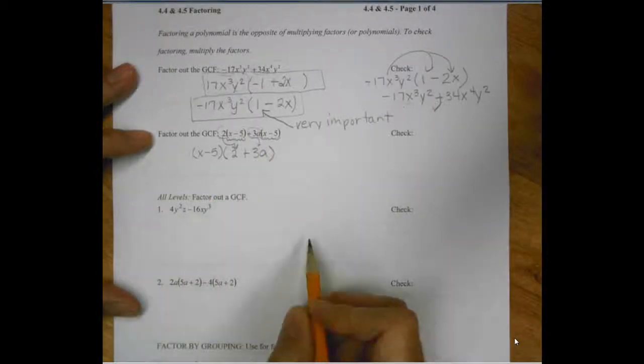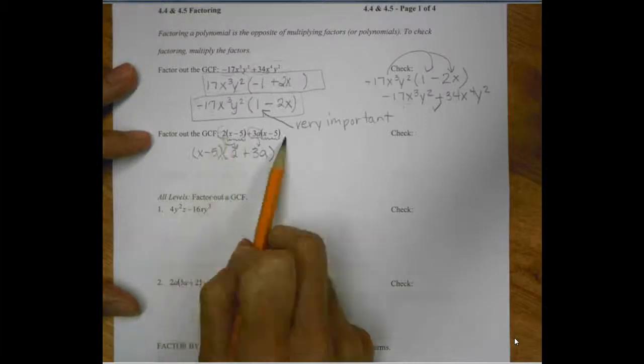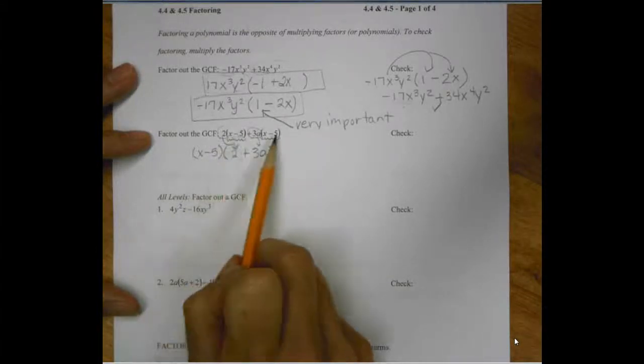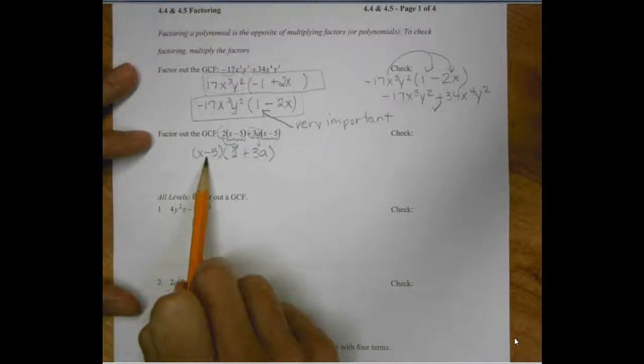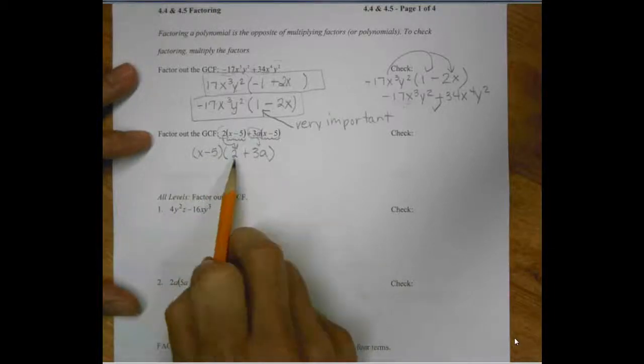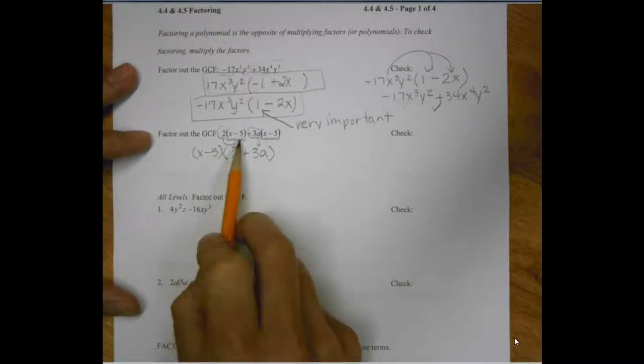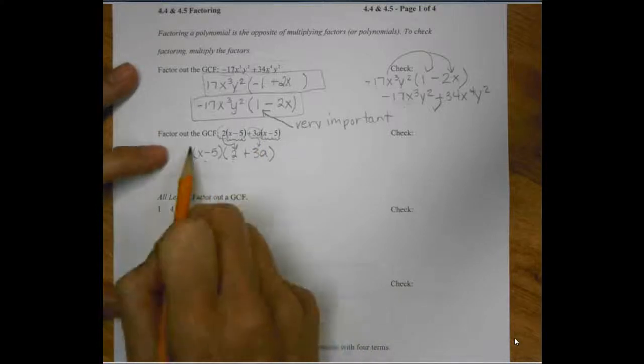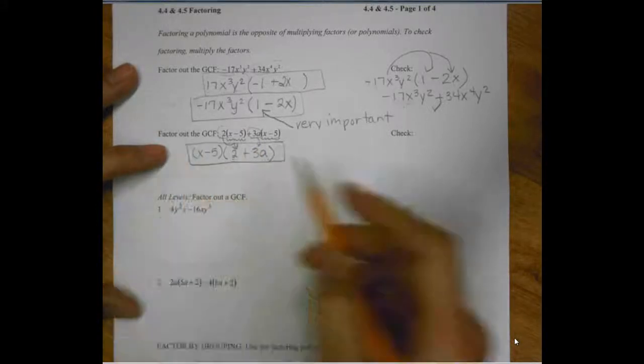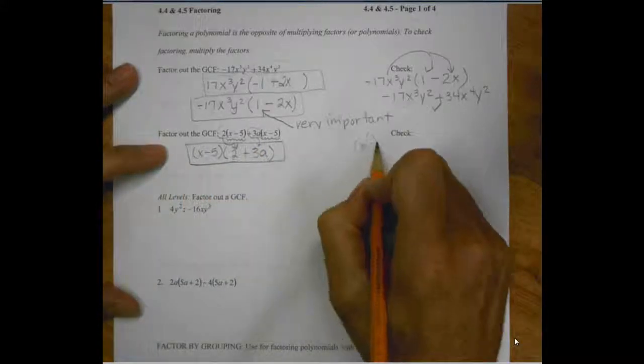And that came right to there. So I was partially factored, and I had an x minus 5 that was in common. I pulled it out to the front, and what's left is the 2 plus 3a. Now if I want to double check that this is my answer, because I believe that is my answer, I